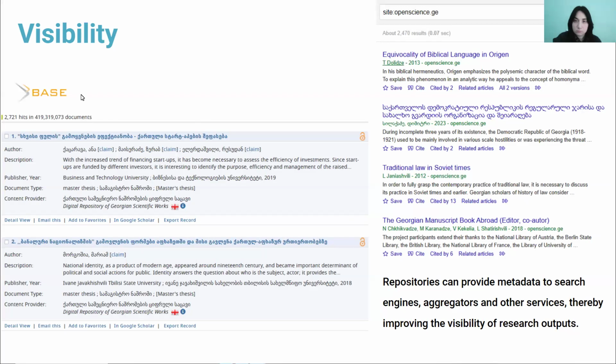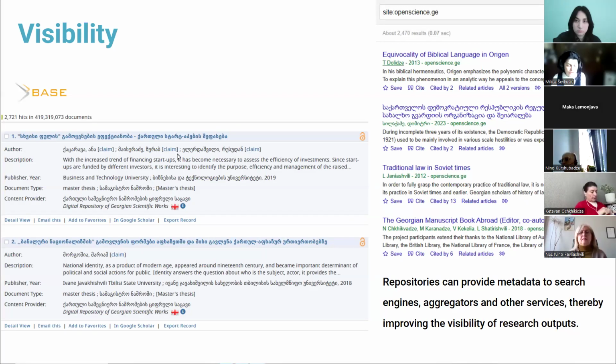This one harvests the metadata approximately every 2 weeks. So this also contributes to the